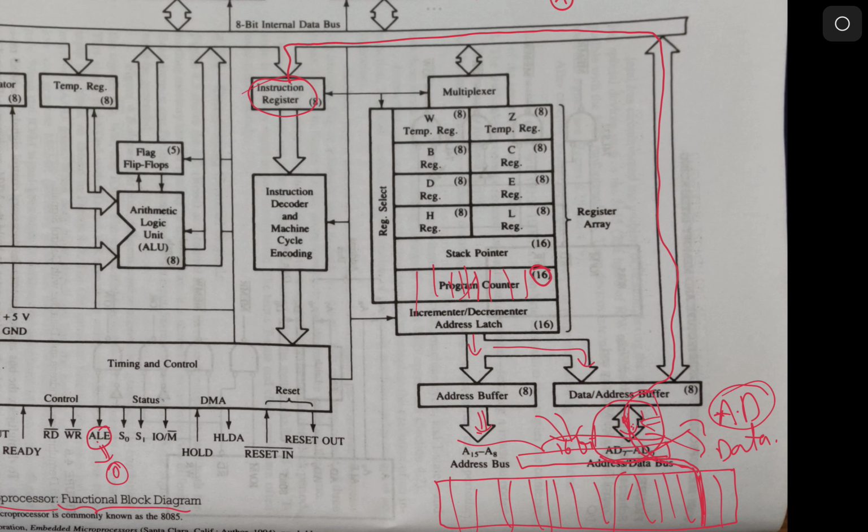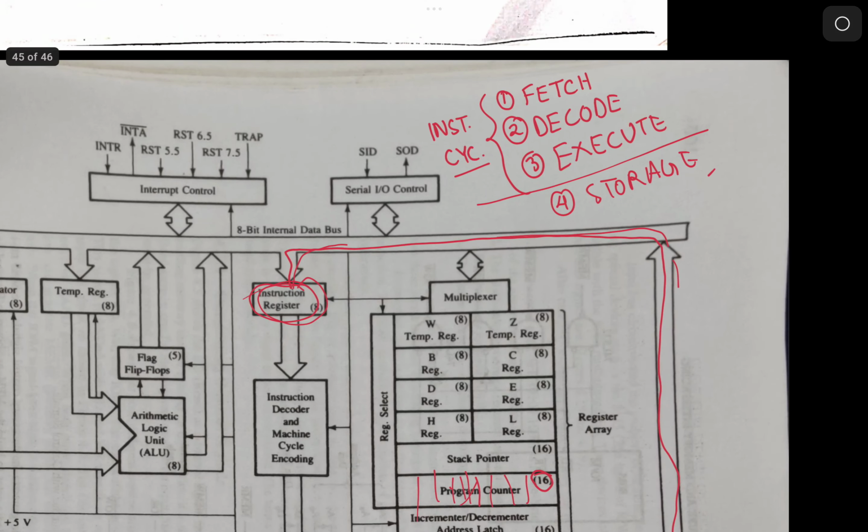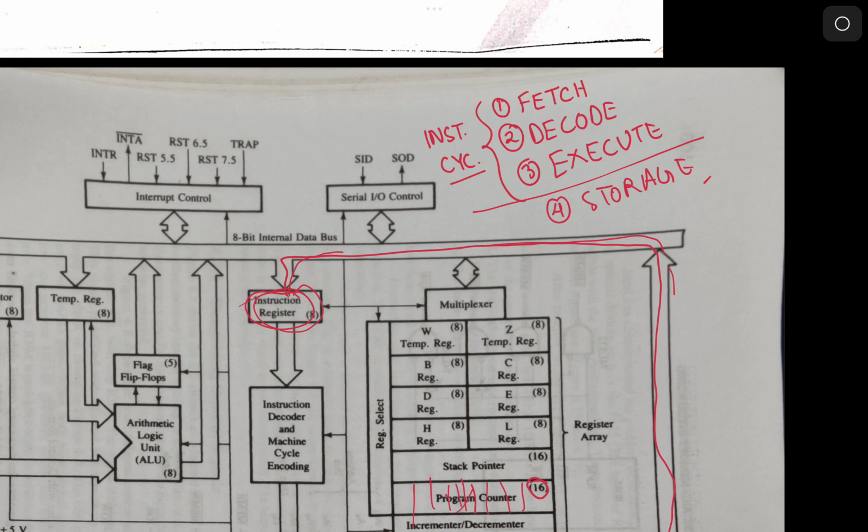In short, this program counter contains the memory location from which the instruction has to be fetched, and then the content of that memory location is brought to this data bus, and it is stored inside this instruction register for a while. And up to this, we have done this fetching operation. The instruction is brought,